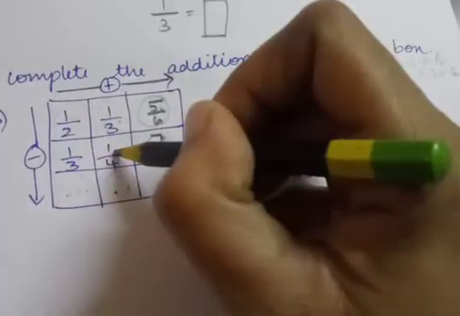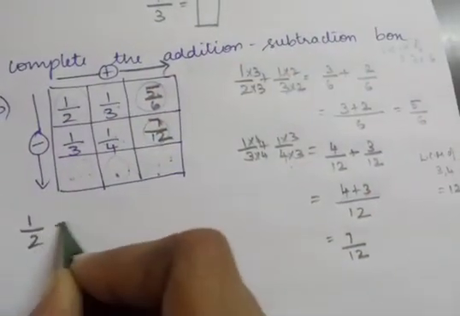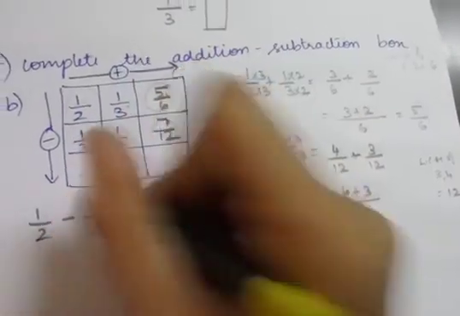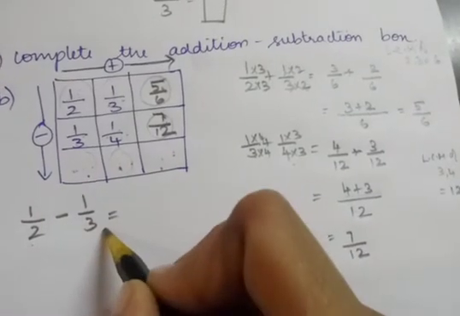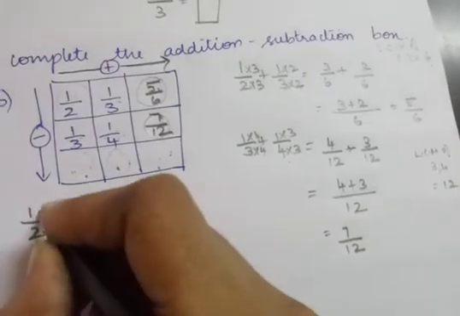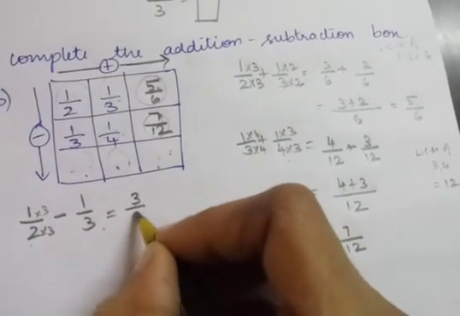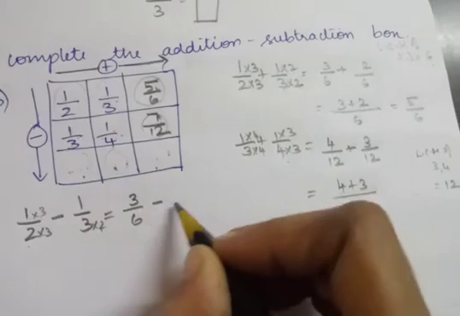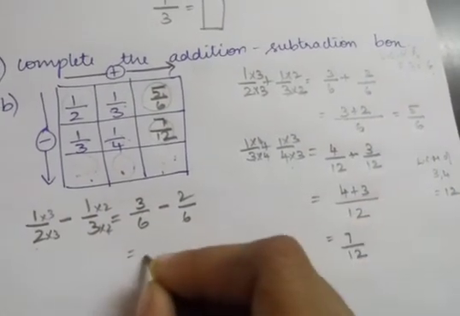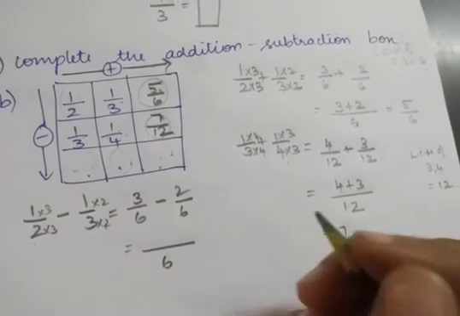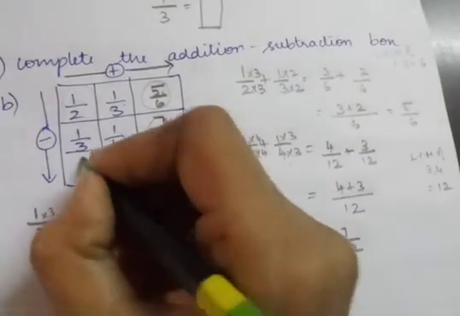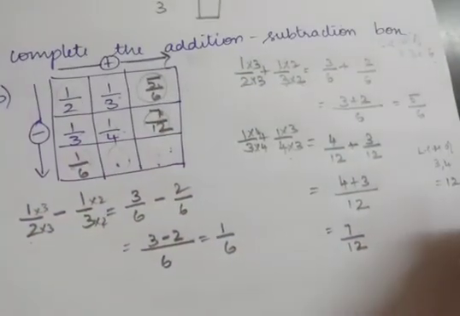1 by 2 minus 1 by 3, you will get the answer here. 2 and 3, LCM is what? 6. So, 2 3s are 6, so 1 3s are 3. But 3 by 6 minus 3 2s are 6, 1 2s are 2. So, now we have same denominator as 6. 3 minus 2 is 1 by 6. So answer is what? 1 by 6.